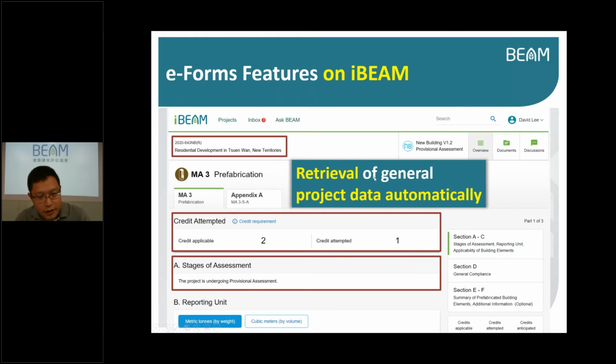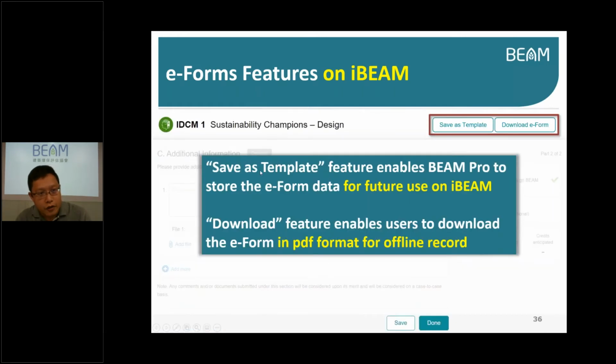So here are the components on the Eform. You will see on the upper left corner a project information. Afterward, you will see how many credits you want to attempt and whether this is going for a provisional assessment or final assessment, and so on and so forth. One function we enable on the eForm is the save as template and download eForm. This is a function that's been asked for by our stakeholders. Why do we want to have a save as template? Because